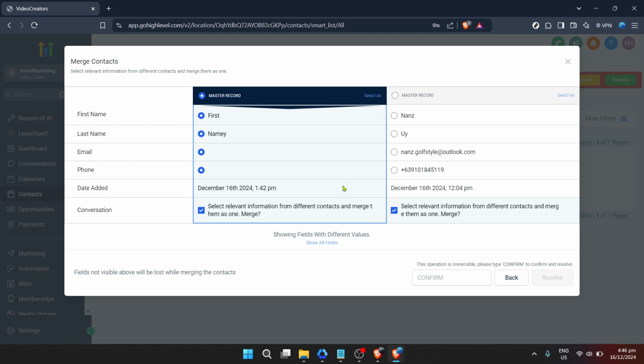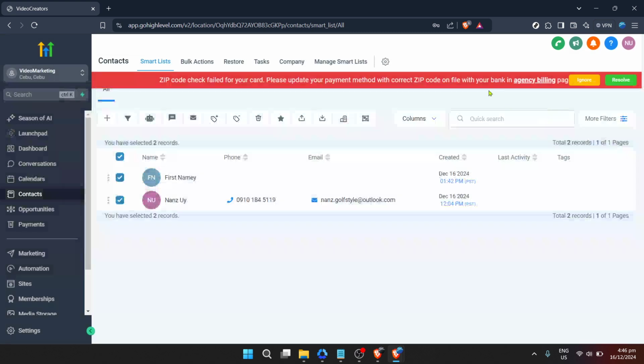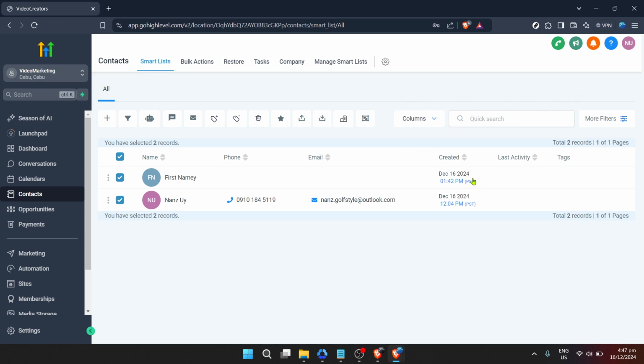Now, as you follow these steps, remember the importance of accuracy and attention to detail. Merging contacts is a permanent action, and while it's a powerful tool for organization, it requires careful consideration. Ensure that the contacts you're merging should indeed be combined to avoid any loss of important information. Additionally, Go High Level's user-friendly interface makes navigating these steps relatively straightforward, but it's always good to proceed with caution. Take the time to double-check each action to ensure you're merging the correct contacts. This precautionary step is a small investment of time that can save you from potential headaches down the line.